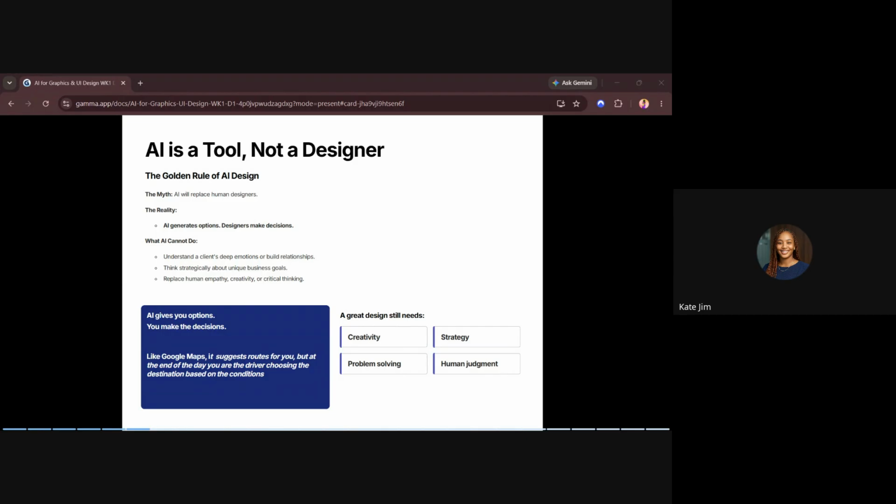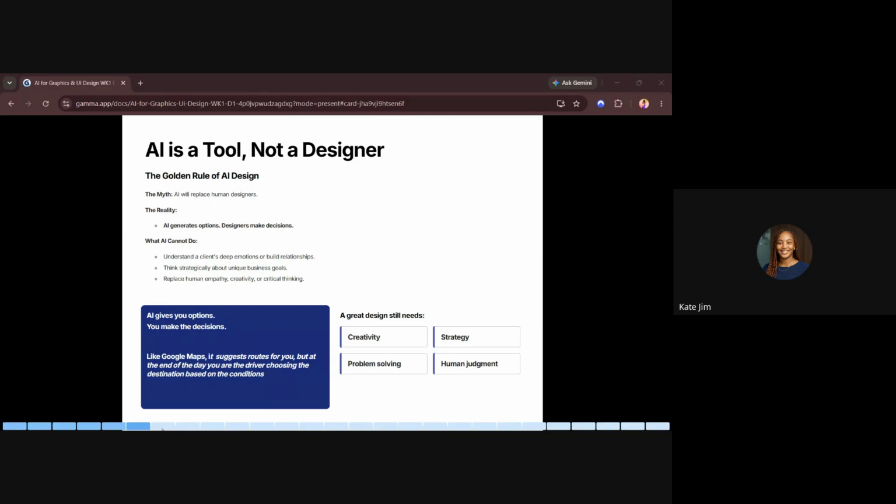You see, there's no uniqueness there, no originality, no creativity. That is what AI does. But you, as a designer that God has instilled creativity in, you can give all of these things that AI can't. Creativity, strategy, problem solving, and human judgment.